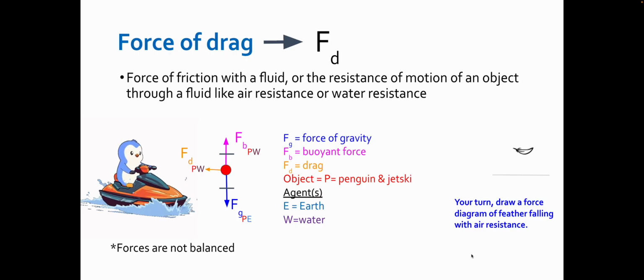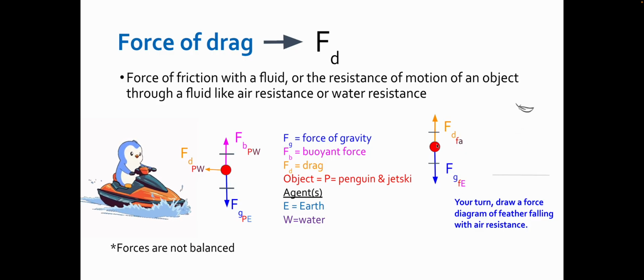All right, I'm back. How'd you do? All right, remember, it opposes the direction of motion. So let's see. Do you have a force of gravity on the feather by the earth? And do you have a drag force on the feather by the air? Right? I drew them congruent because I'm imagining that the feather sort of moved at a constant velocity